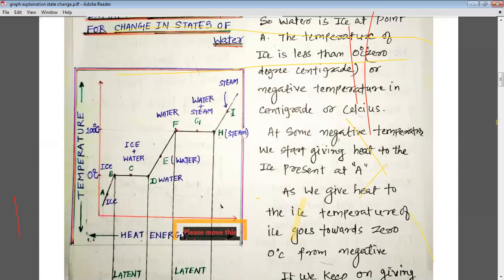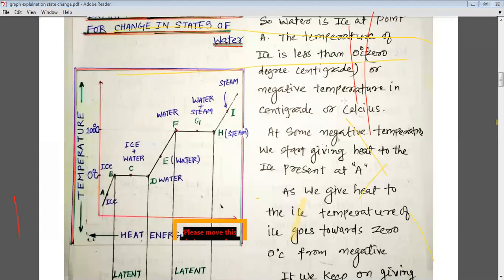Now, my dear students, if we start cooling from point I, we come to point H, and as soon as we reach point H, we have 1 kilogram of steam. Now, if we suddenly decrease the temperature or decrease the heat energy, the steam starts converting into water from H. So please remember that from point H, the steam starts converting into water, and if we keep on decreasing the heat, at point F, we get again the 1 kilogram of water.